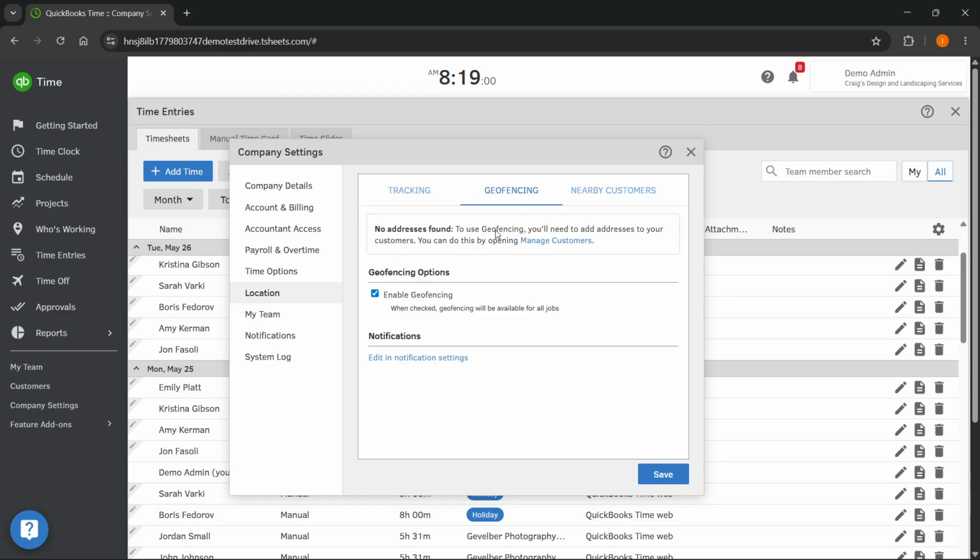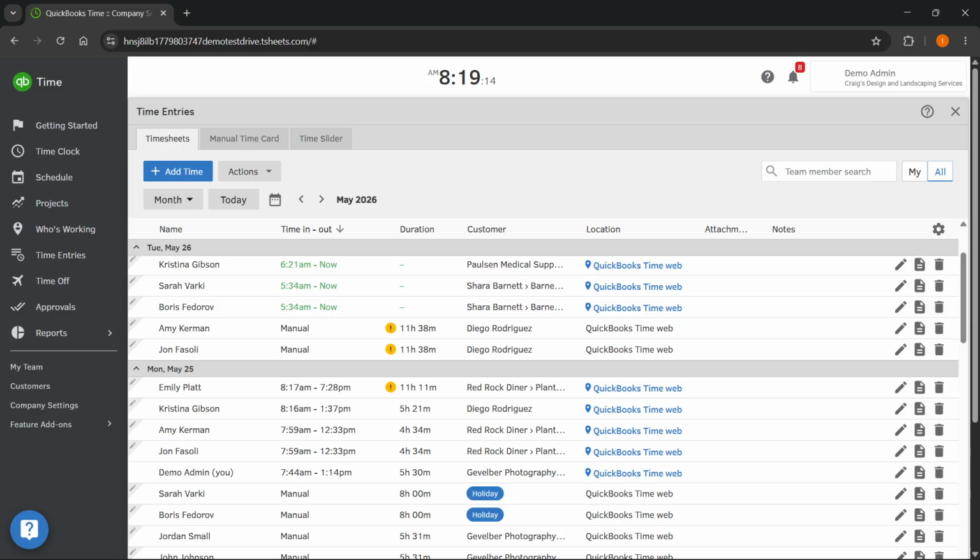Of course, up here, you have the option to basically enable geofencing as well. So this one should be enabled as well. So I'm going to click on Enable Geofencing, and then I'm going to click on Save. Now, whenever you've done that, your settings have been saved, and now you have to add geofences to customers